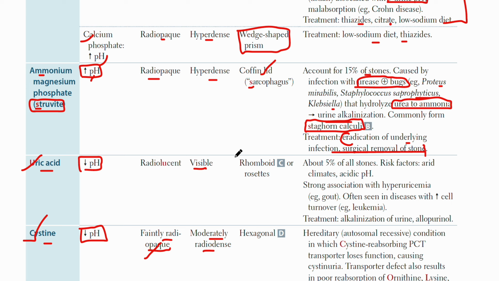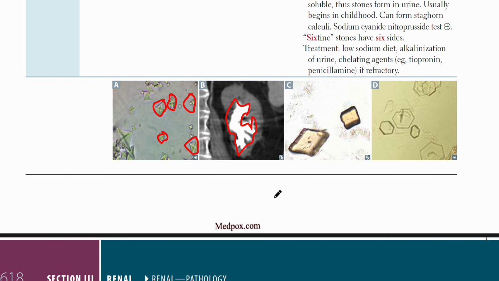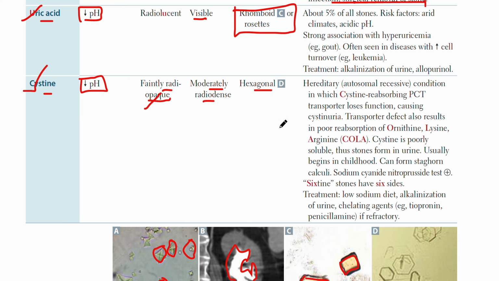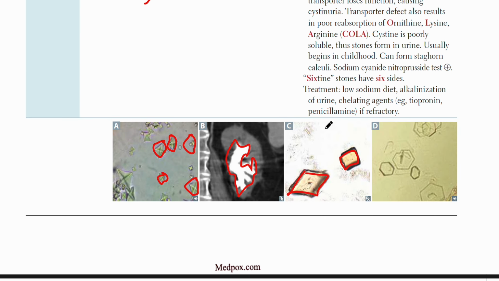Cysteine is, and also the crystals are rhomboid shaped in the case of uric acid, or rosettes. They look like rosettes, rhomboid shape. So uric acid crystals are rhomboid in shape. Also, let's talk about cysteine. Cysteine crystals are like this here, hexagonal shape,